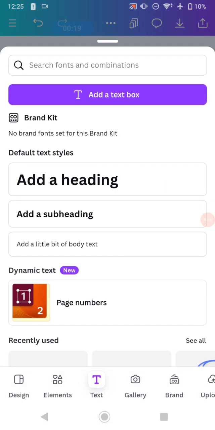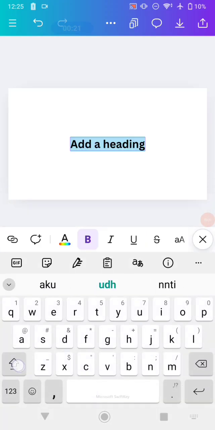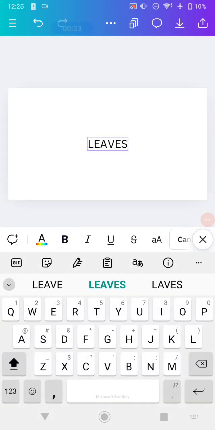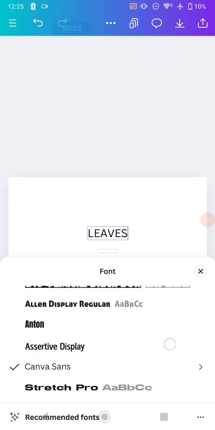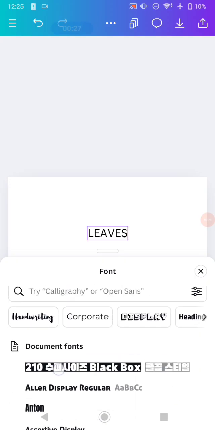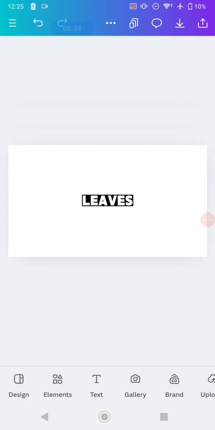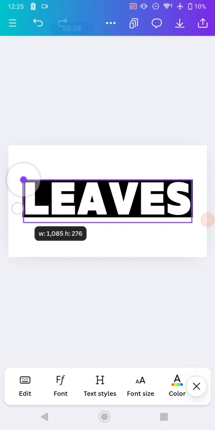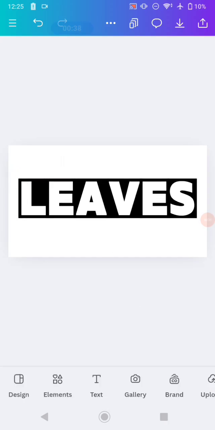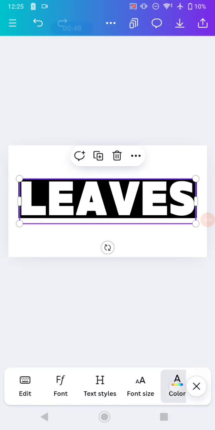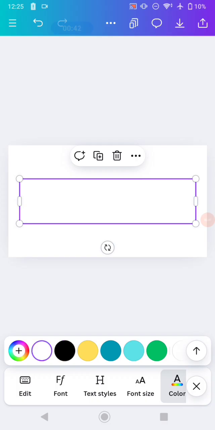For example, I'm going to type maybe "leaves" like this and change the font onto this 210 Black Box font, Korean font, this one. Change it onto this font, and then go back again and increase the size of the font just like this. The next step that you need to do, you just need to change the color of it onto white color, or maybe